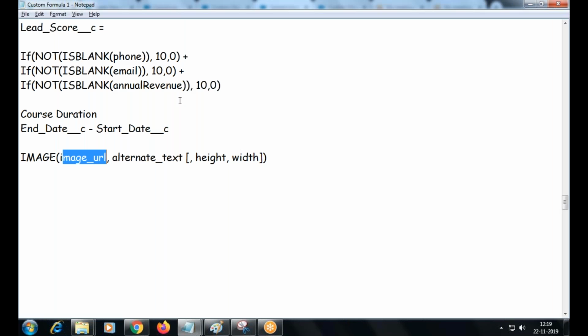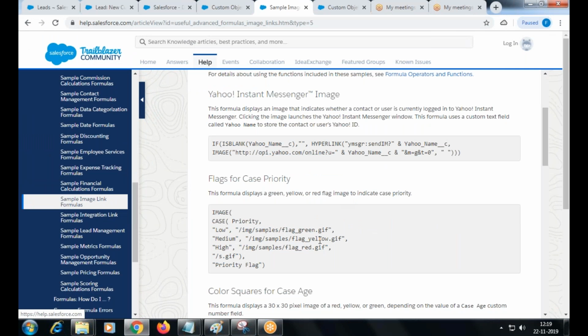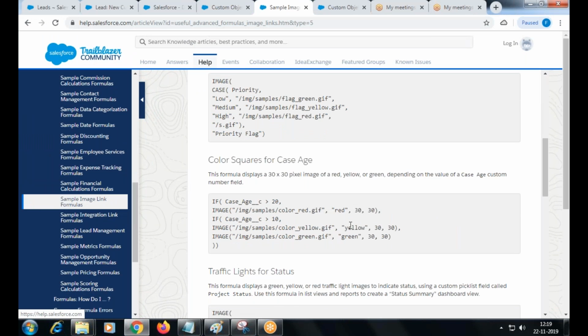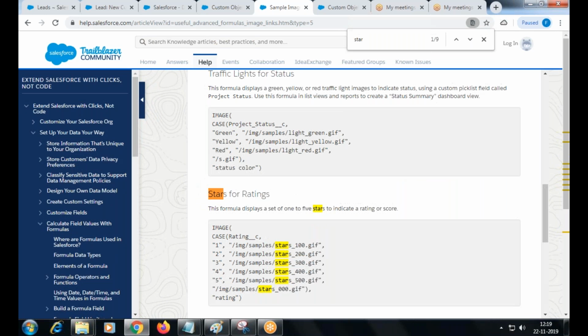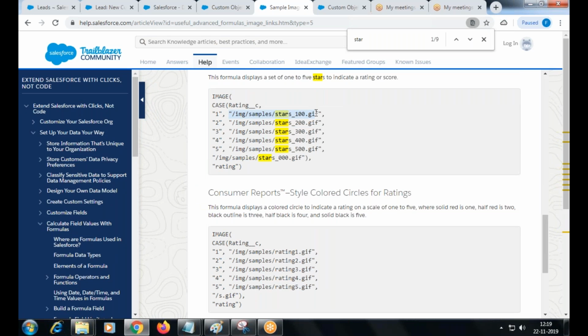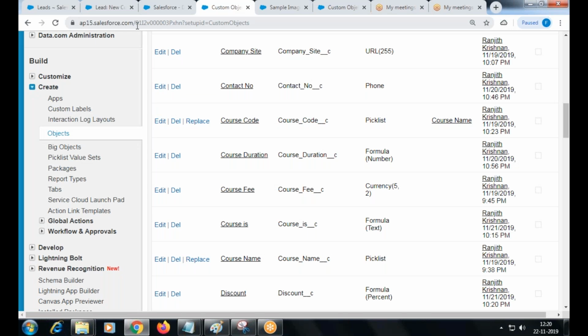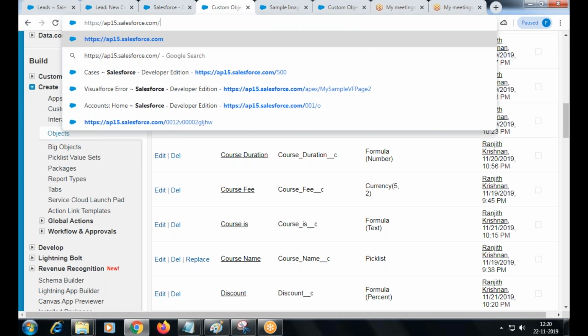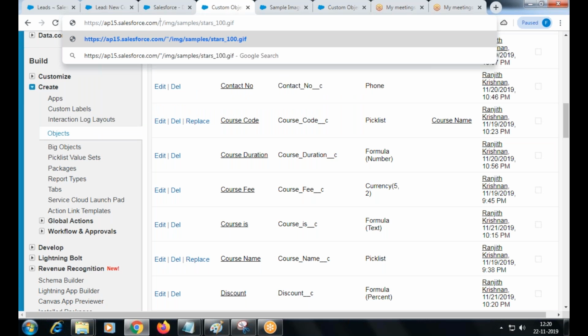You can find it in help.salesforce.com. Remember, any URL I can give here, but we are going for a Salesforce provided URL now, right? Listen here. Next to my instance name, this is an instance name, right? Next to the instance name, I give the Salesforce image URL, which has a library folder image, again another folder samples, then file name.